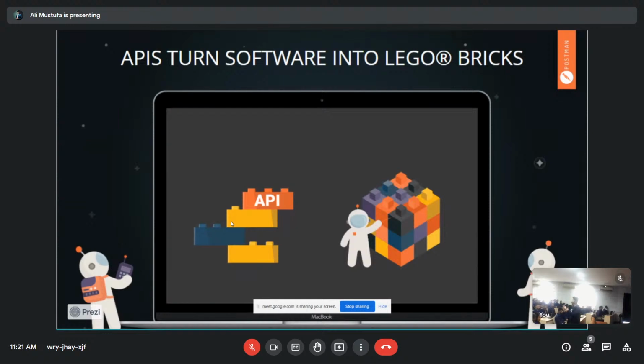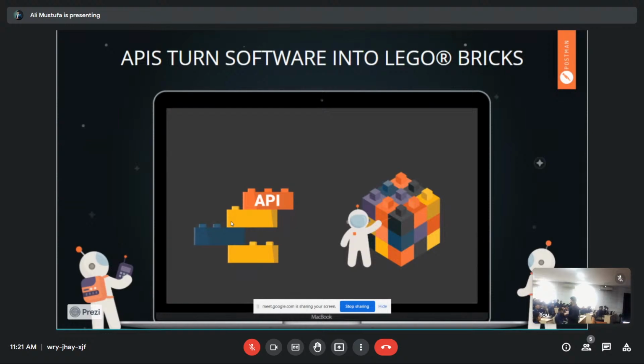How many of you use Google Sign In? Sign in with Google most of the time, right? Why do you use that? You don't have to remember the password, is it? You just have to remember only one email ID, which is Google's email ID and Google's password, right? And what does the developer leverage there? They leverage Google's API, okay, and enable you to use Google Auth without actually storing your password. They also don't have your password, by the way. Okay, they just have your email ID, and they are just getting validated from Google's side.